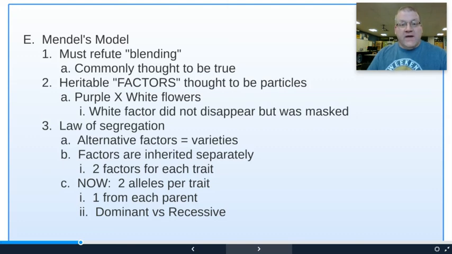So now we've got 2 factors for each trait. They separate in meiosis, and you get 1 of those from each parent. This explained